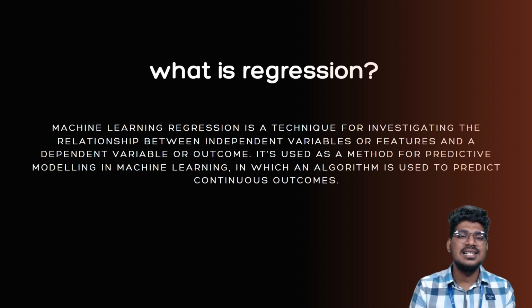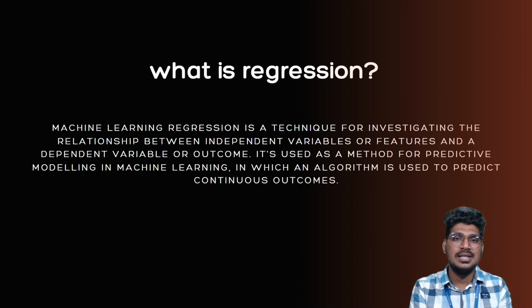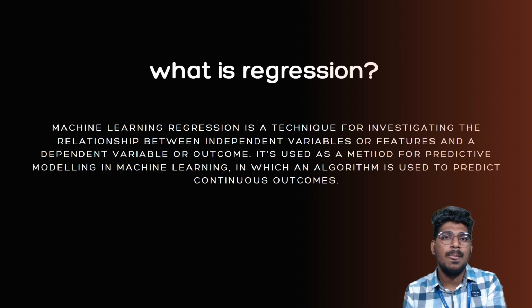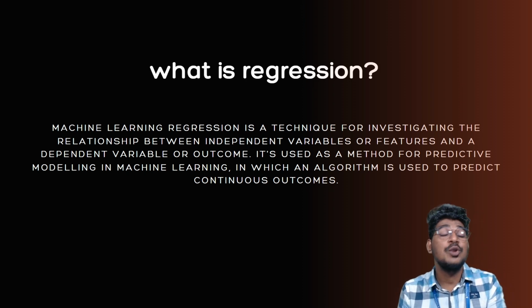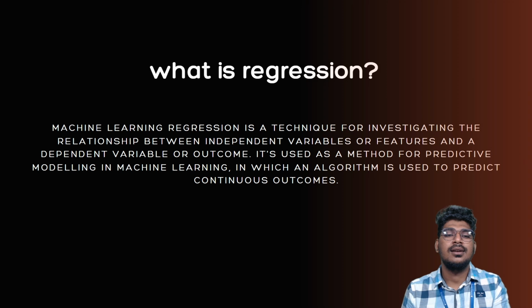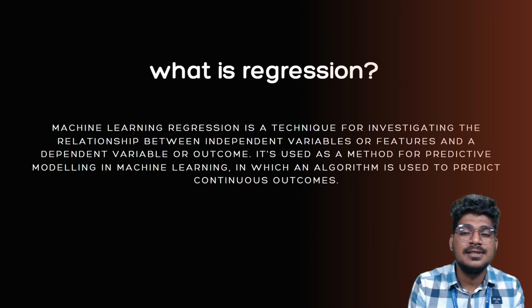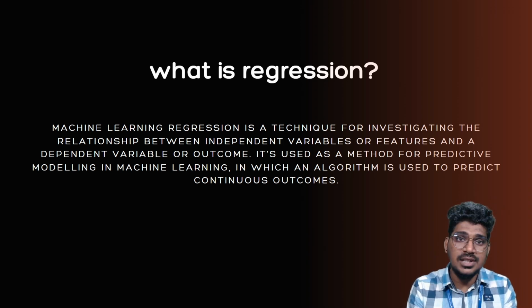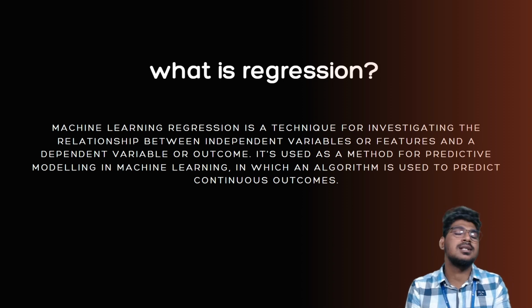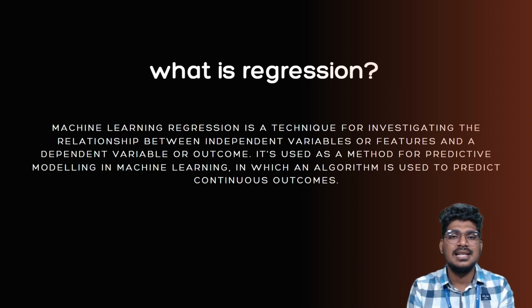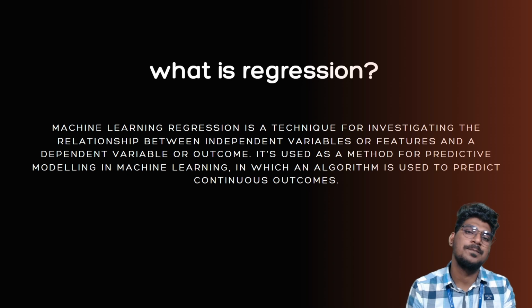That means regression is where we find the relationship between the independent data and the dependent data. Then finally it predicts a particular numeric value, using the features and the relationship between the features and the outcome. It is going to predict the price, the electricity price. That is the regression problem here.